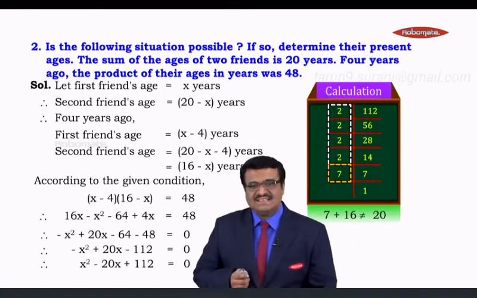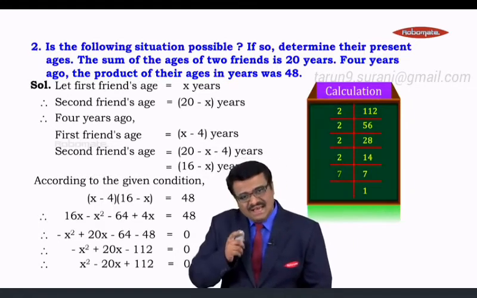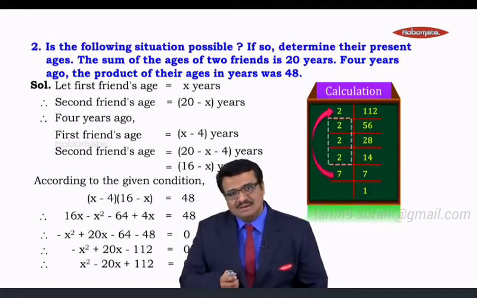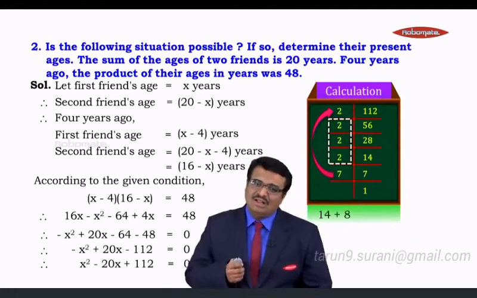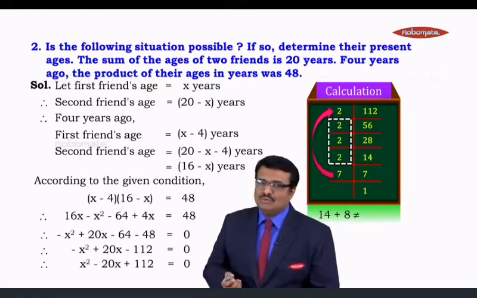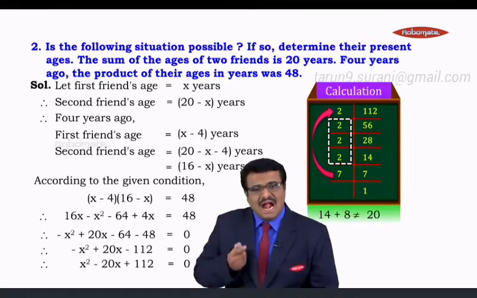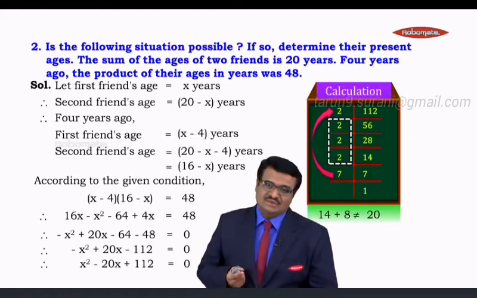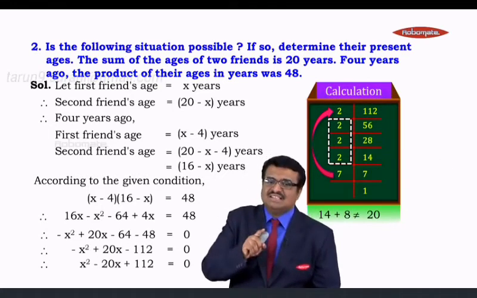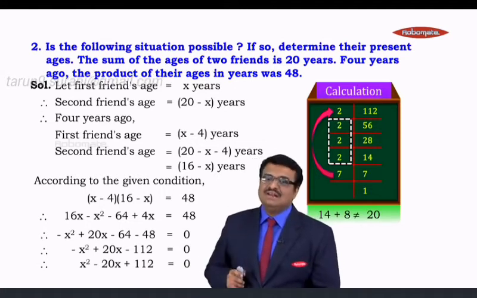Isn't it? Now let us take the second possibility. Let us take 7, keep 7 and 1 2 we will take. 7 2s are how much it becomes? 14, and multiply all the remaining 2s. 2 2s are 4, 4 2s are 8. 14 and 8 also if you add you will not get 20. And if you go on trying combinations like this, you will observe that in this equation we will not get the factors in such a way that when you add the factors you will get 20.